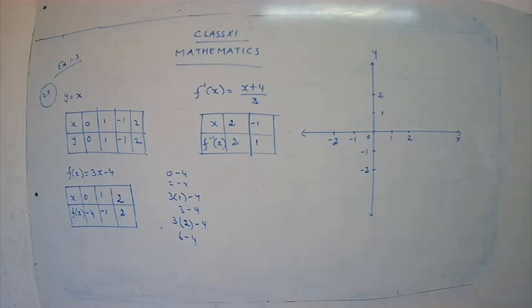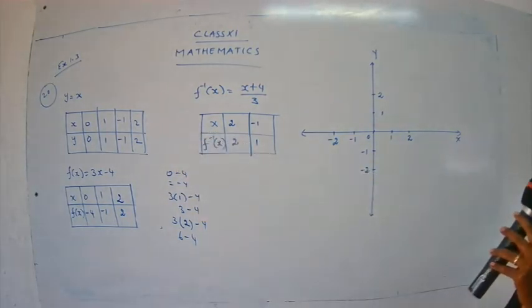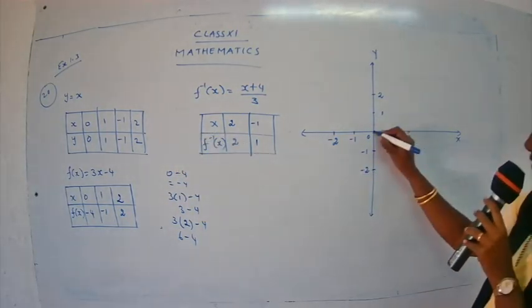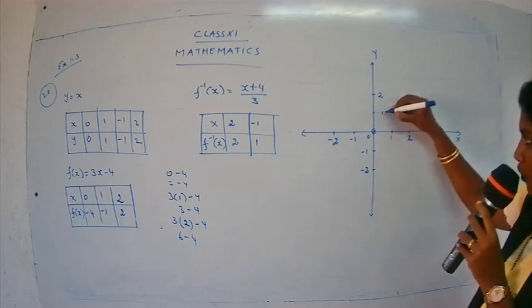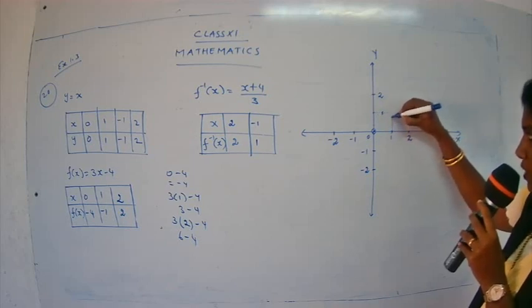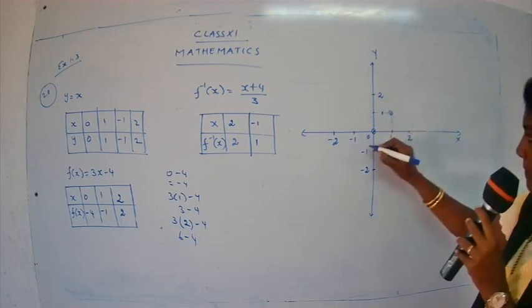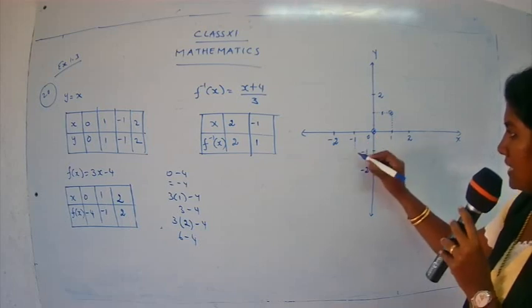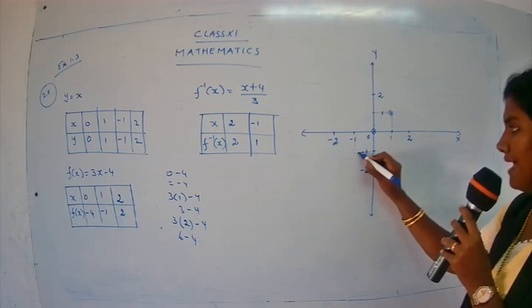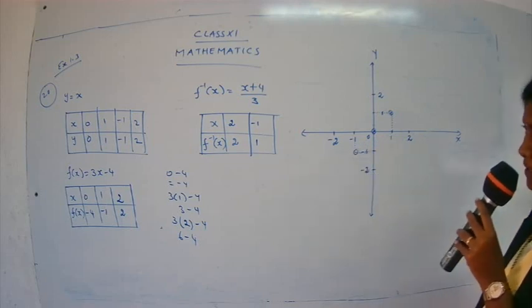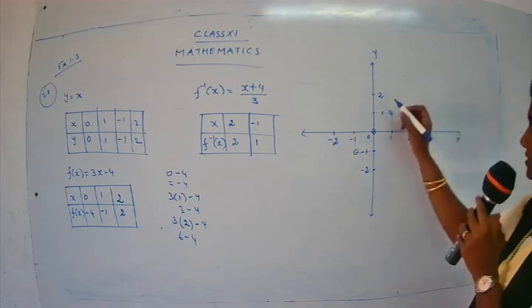So what we are going to do is plot one function at a time. First one I am going to plot is y is equal to x. See the value for y is equal to x, children? 0, 0, here, 1, 1, somewhat here, yes. So you have to plot it properly. We are going slow, I am not hurrying, so you do it neatly. 1, 1, minus 1, minus 1. Y is equal to x means the value for x and y will be the same. Minus 1, minus 1, 2, 2. Yeah, 2, 2 here.